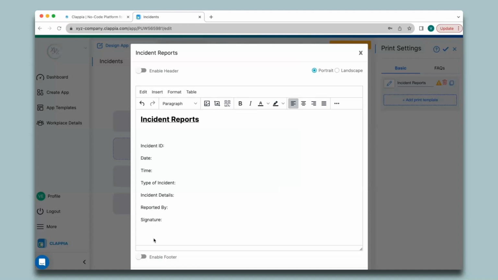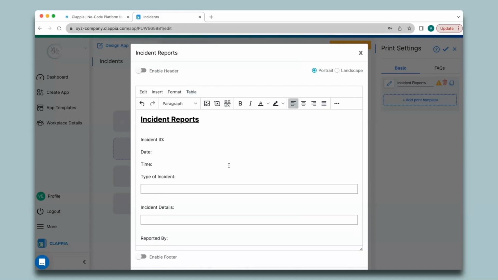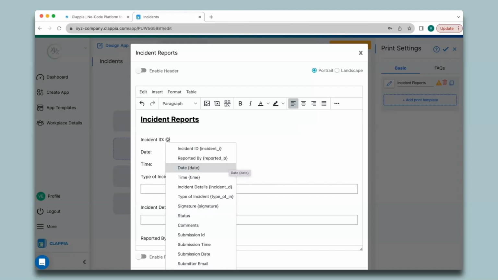If I want the details to be entered in a box under type of incident and incident details, I can use the table option. Now, you can also pull information from submissions automatically here instead of manually typing them in. You can do this by calling the variables of those fields by typing in @ along with the field name. So for example, for the incident ID field, I will click incident ID after typing in @ and I will